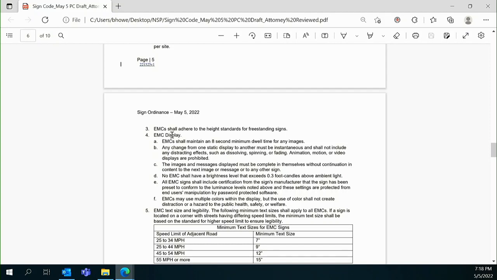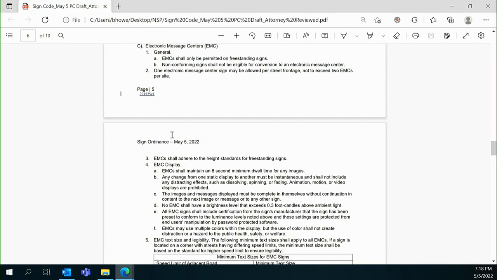Is this where we said they can only be a monument sign or freestanding sign? Where did it say that? That was in an earlier draft. Oh, it's in section C, C1A. Patrick just wondered why we wouldn't want them allowed as a building sign or a wall sign, even a pylon. Well, a pylon is a freestanding sign. I originally had it restricted to only be monument, but then we opened it up to be freestanding, so we could open it up to be any type.